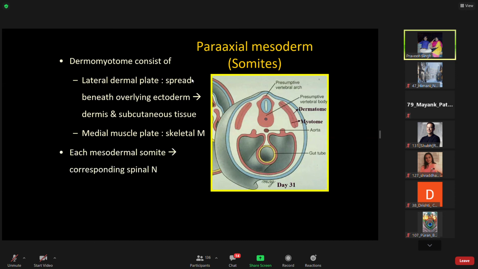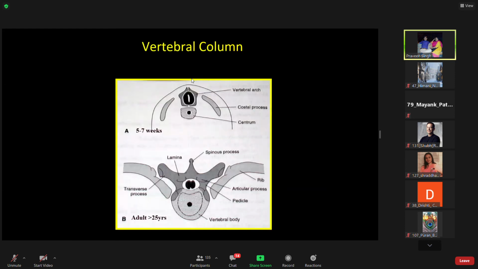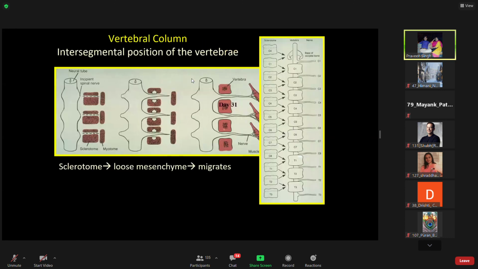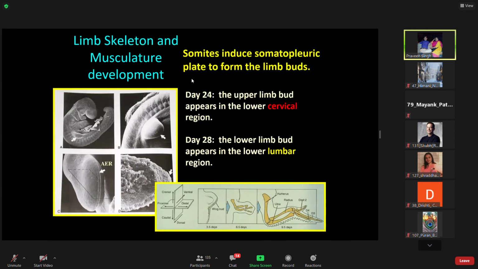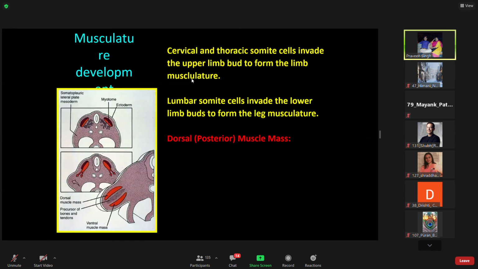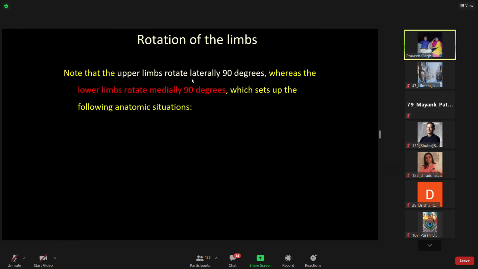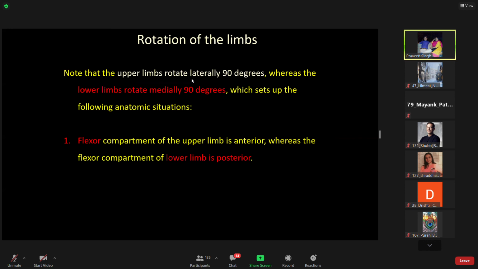Each mesodermal somite will have corresponding spinal nerve. Muscle will migrate, but with its nerve supply. And this is grossly what we saw about the somites. Now I end here and I ask you if there is any question because